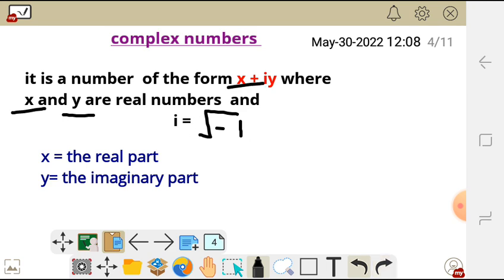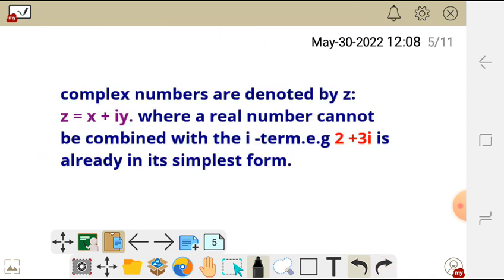The x part is called the real part, and the y part is called the imaginary part. Complex numbers are denoted by a small letter z. So a complex number is equal to x plus iy, where x is the real part and y is